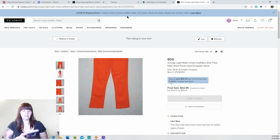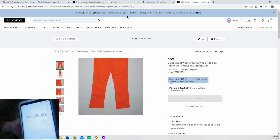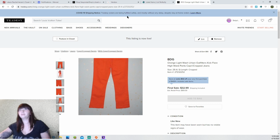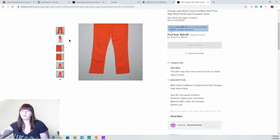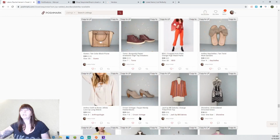Alright, and that was number 10. So the same time, and I still have to go back in and re-upload all of these pictures because when you look at it from another device, it comes out really blurry, and I just don't like how the picture looks after I've copied it instead of loading the pictures from the actual website that I'm using to cross-list. So I still have to go back in and edit a couple pictures, but List Perfectly took me about 15 minutes